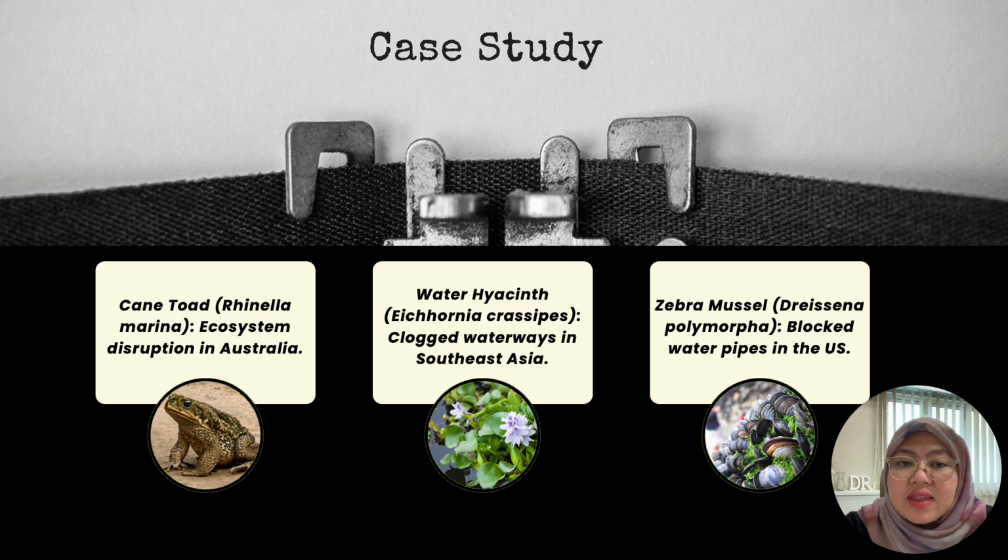The last case study is the zebra mussel, Dreissena polymorpha. This zebra mussel is known to clog water pipes in the United States. These examples show how invasive species can affect infrastructure, water flow, and the